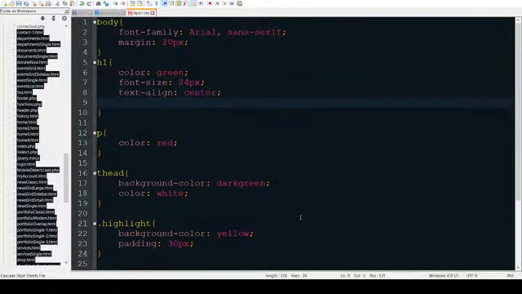We could also do text decoration, and in this text decoration we could say it should be underlined,